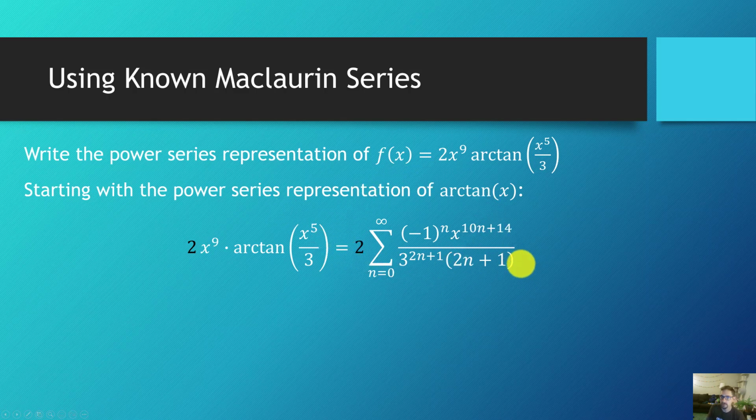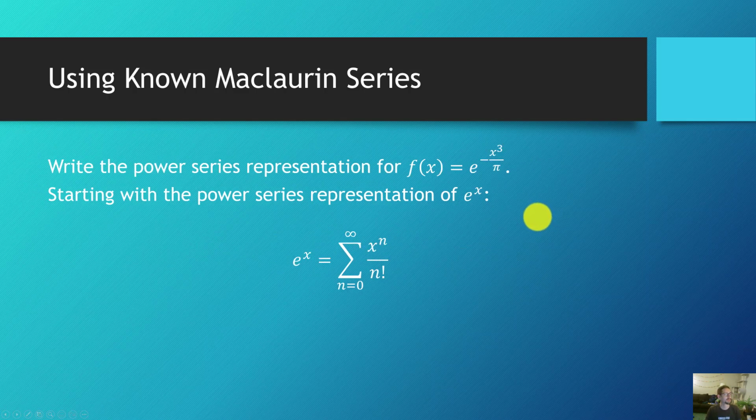And imagine trying to do this the original way we did, which is take the function and like 3 or 4 derivatives and then plugging in 0. It's going to be an absolute nightmare. So very grateful that these properties exist. Let's try another one. Write the power series representation for f of x equals e to the negative x cubed